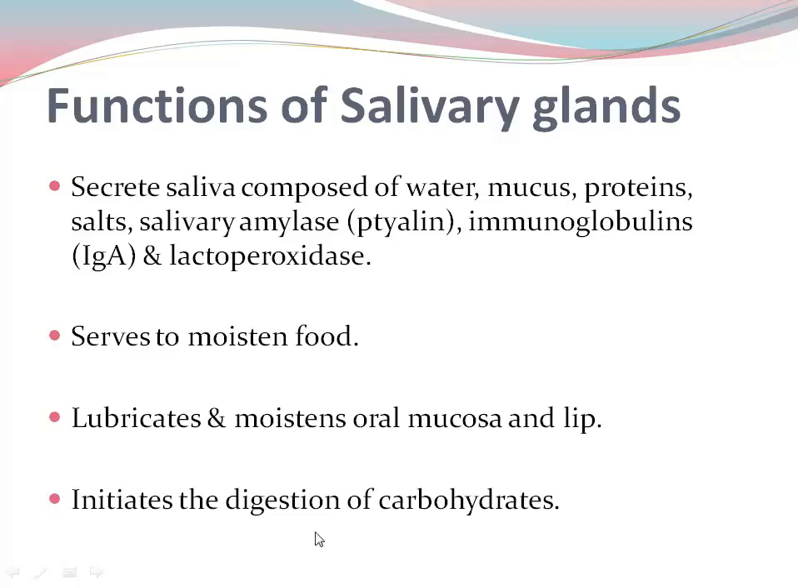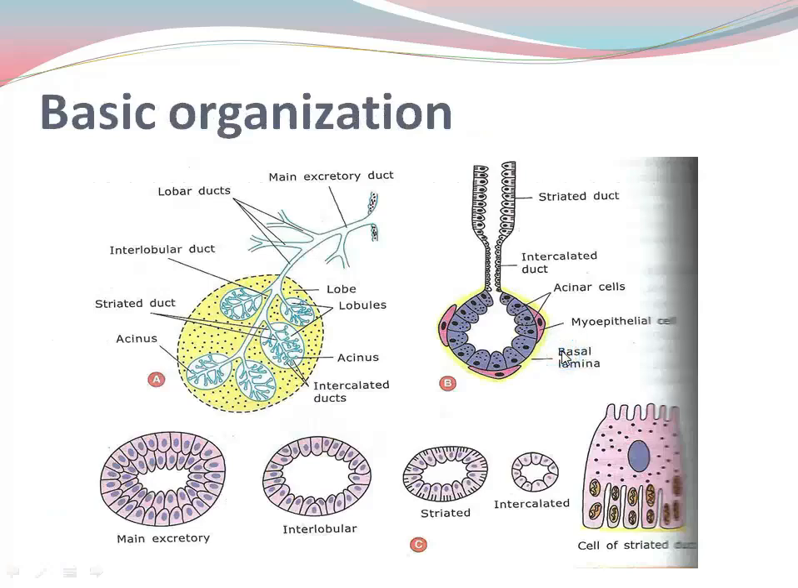They initiate the digestion of carbohydrates. As we said, salivary amylase is the primary enzyme for initiation of carbohydrate digestion. Now, the basic organization of this salivary gland is that they have this opening. This is the mouth portion, the internal mouth surface. They have this main excretory duct,